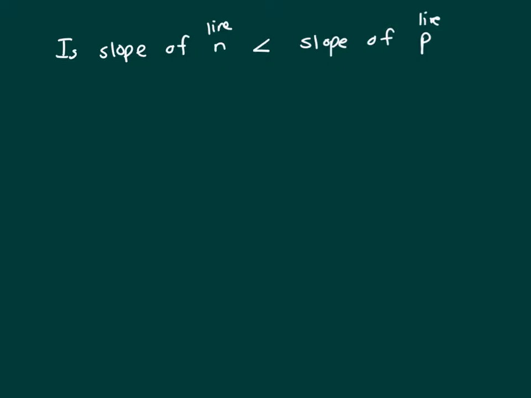We're trying to figure out whether the slope of line N is less than the slope of line P. And clue 1 says they intersect at (5, 1). So 1, 2, 3, 4, 5, 1. So let's draw